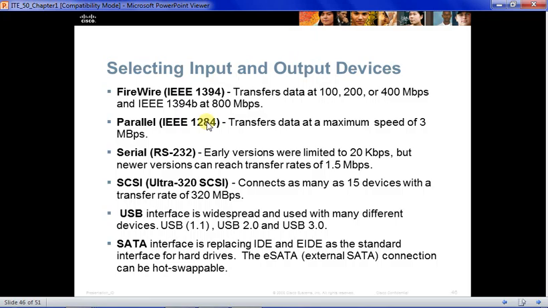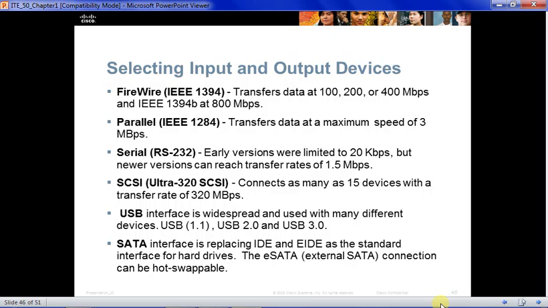For the parallel, which is IEEE 1284, it transfers data at a maximum speed of 3 megabytes per second. And then serial, which is RS-232, and the earlier versions were limited to 20 kilobits per second, but newer versions can reach 1.5 megabits per second. SCSI, or Ultra SCSI 320, connects as many as 15 devices with a transfer rate of 320 megabytes per second,